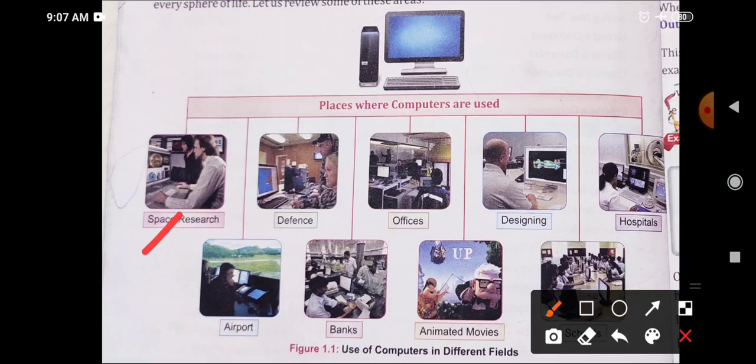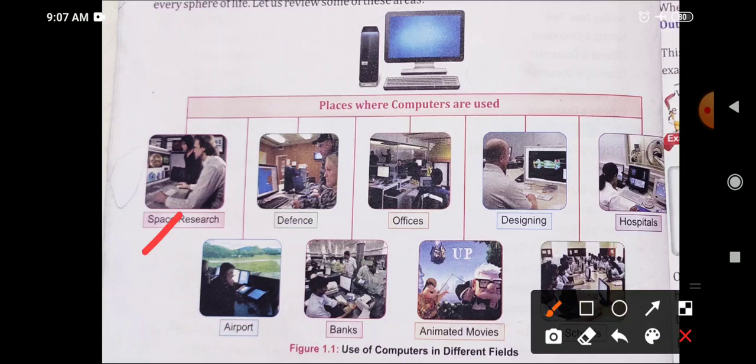Computers have a major role in space research. Computers help in design and assembly of each and every part of the rocket. Computers help in simulating the way the engine works. Computers help us design a rocket, see how it will work when it is properly designed, and how we will work in space. All this we can do through computers, right?